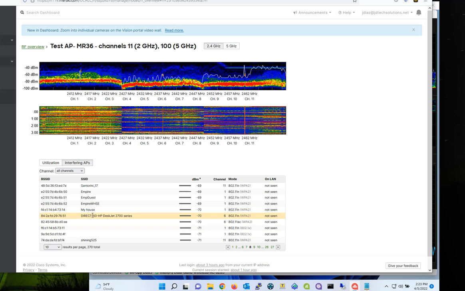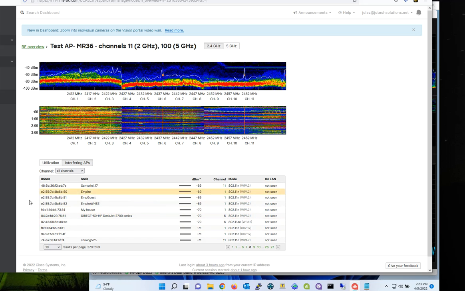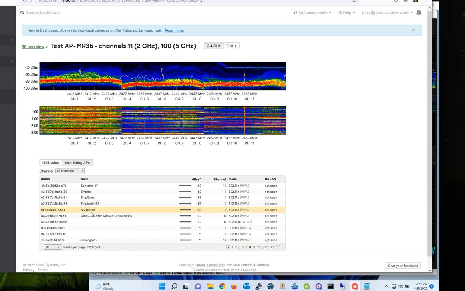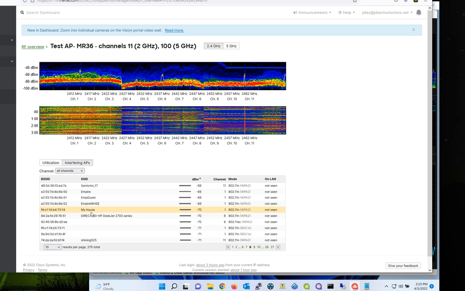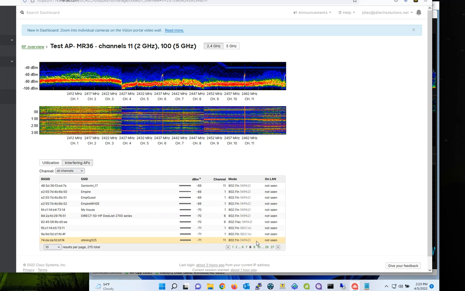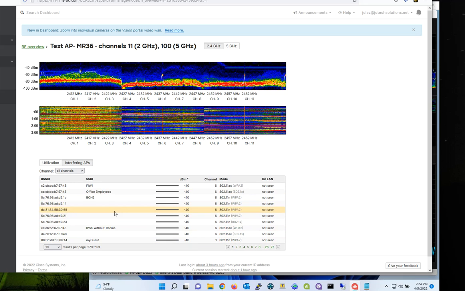So as you can imagine, sometimes you don't have any control of this because these are just Wi-Fi signals traveling over the spectrum. You may not have a way to stop them from coming into your vicinity, but most of the time you're going to be dealing with what is around you. Okay,